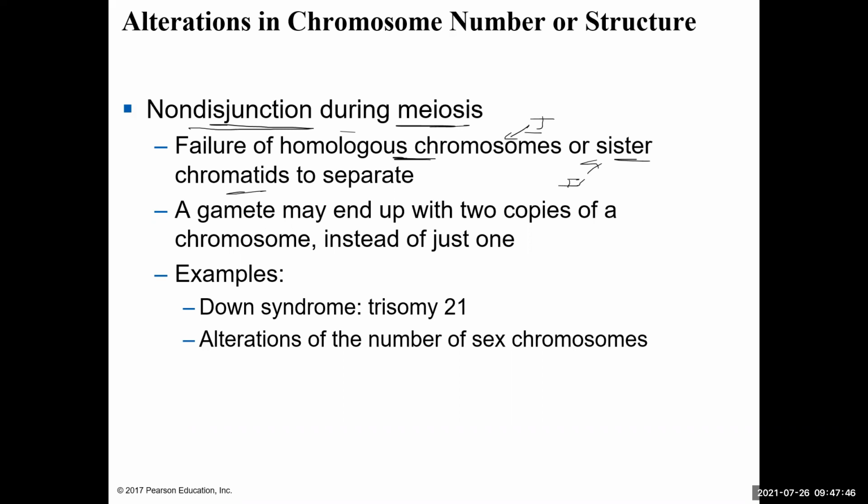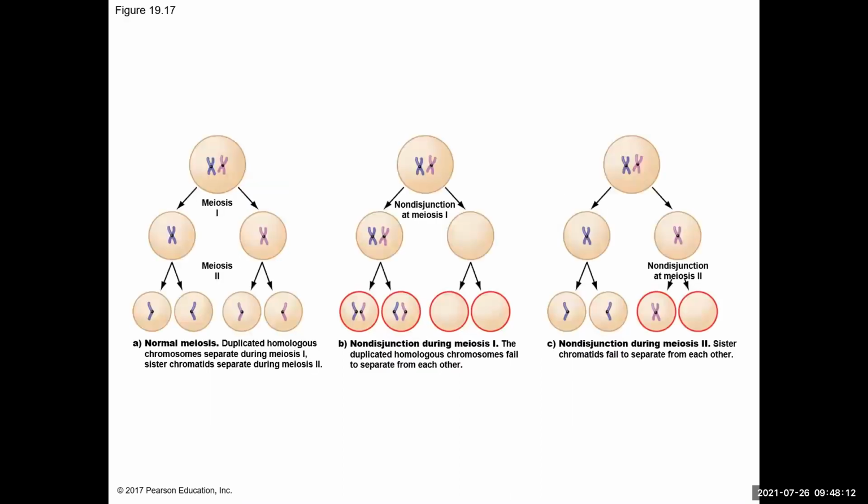can determine how many of the gametes are being affected. A gamete, because of this, could end up with 2 copies of a chromosome or no copies of a chromosome. So they'll have extra copies or they'll have no copies. Some examples of non-disjunction lead to trisomy 21, which is Down syndrome. They basically have an extra copy of the 21st chromosome, or you can get alterations in those sex chromosome